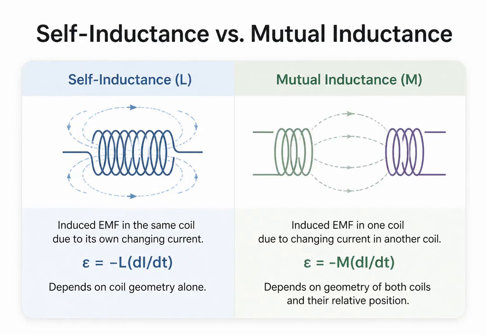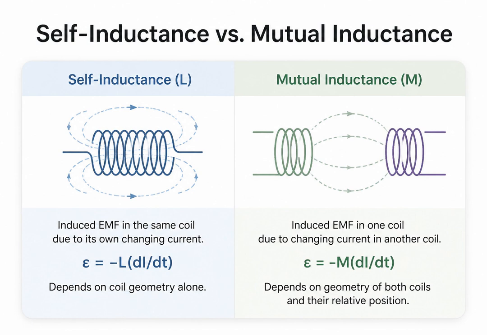It's important to distinguish between self-inductance and mutual inductance. Self-inductance, L, describes how a coil's own changing current induces an EMF within that same coil. Mutual inductance, M, describes how a changing current in one coil induces an EMF in a different, nearby coil. Both follow the same mathematical form. The induced EMF is proportional to the rate of change of current, but they arise from different physical situations. Self-inductance depends only on the geometry of a single coil, while mutual inductance depends on the geometry of both coils